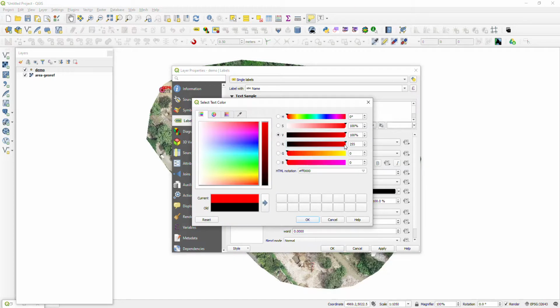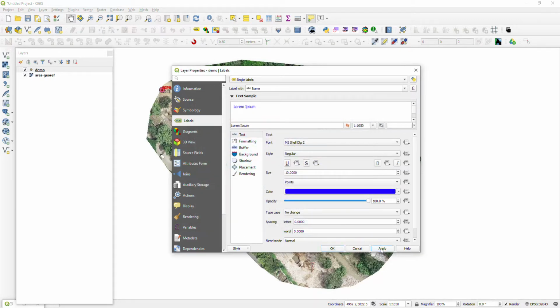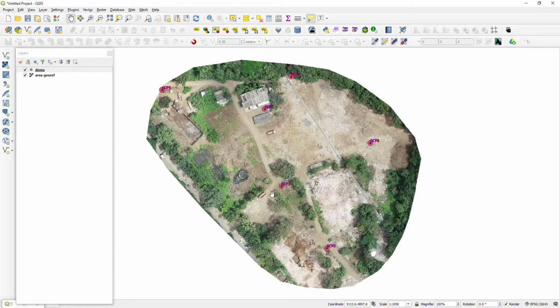It will overlay on the label. My control points are overlaid.